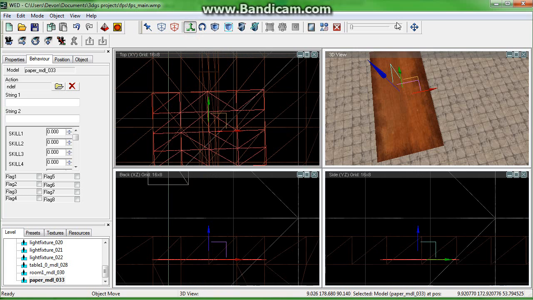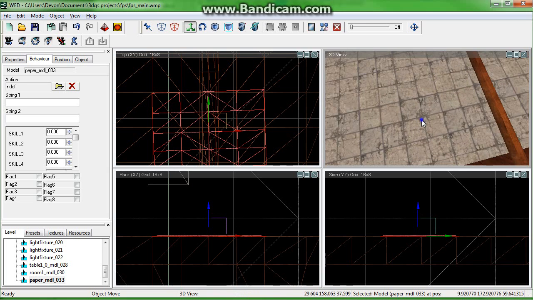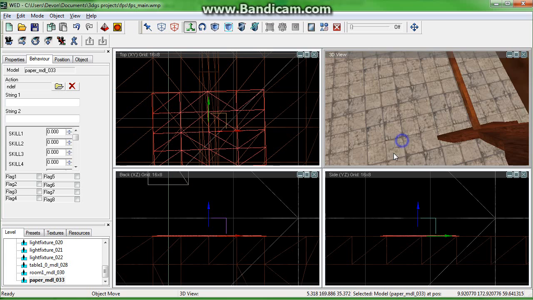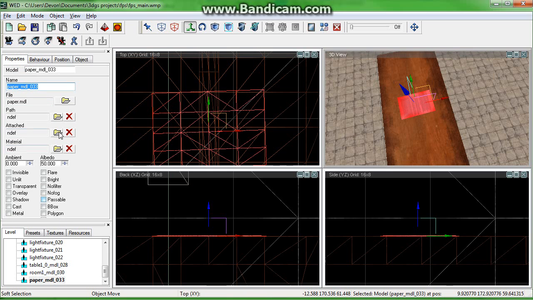You can turn this off and grab this blue arrow here. If you look in the 3D view, you can see exactly how close you can put it onto the table before it starts going into the table. Okay, so there we go. We're going to go into the properties. Actually, no, there's no point in doing that. So, next thing we need to do